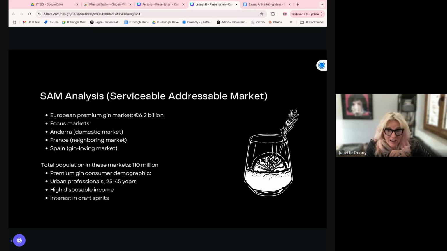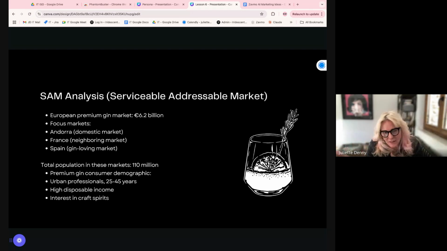So now we're coming into the zone of, in and around me, my environment, what can I actually do to service this market in, let's say, a 5-year horizon? So it's not immediate, but it is actionable. It's realistically actionable. So the focus really has got to be Andorra first, right? We need to get the people in Andorra to be enthusiastic about the gin, and they should be, because it's the only Andorran gin. It should be an easier market to sell into.